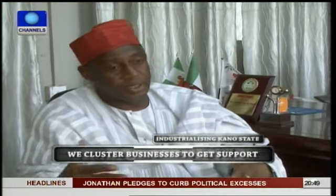One other area that we're looking at is cluster development. We have people who are doing, for example, rice. How do you cluster them and support them? Because some of them require modern facilities in terms of the machines that they use. And then some of them